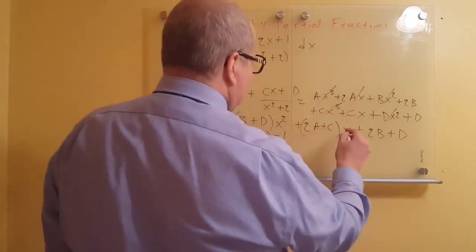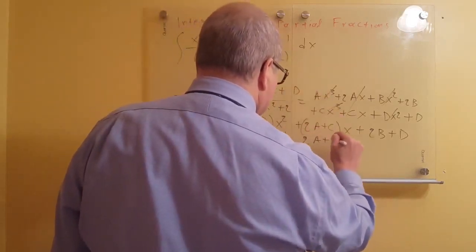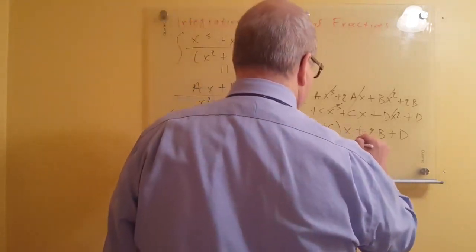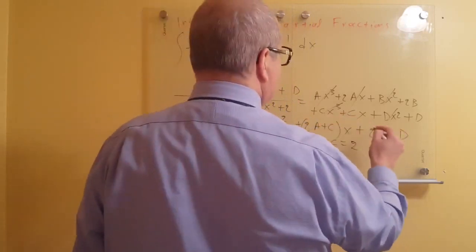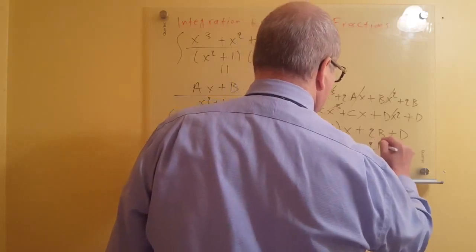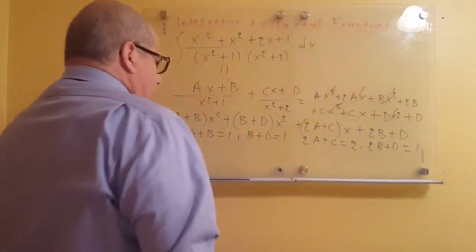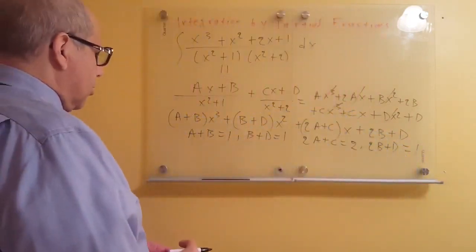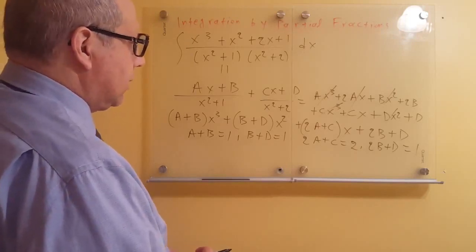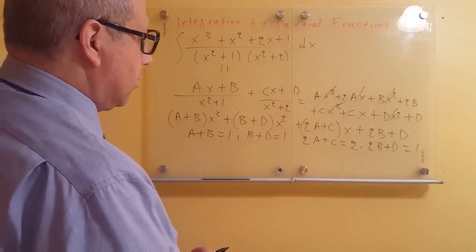Now, the coefficient before the x is equal to 2, so you have that 2a plus c is equal to 2. And finally, the coefficient of the constant is 1, so that means that 2b plus d has to be equal to 1. So we have 4 equations with 4 unknowns. So that means that we can find